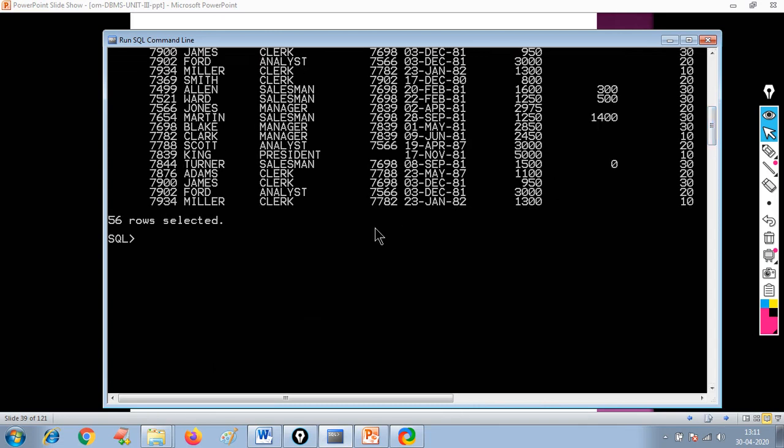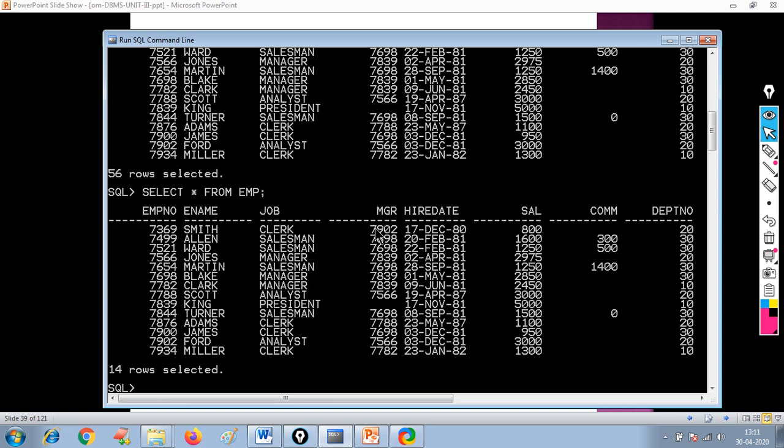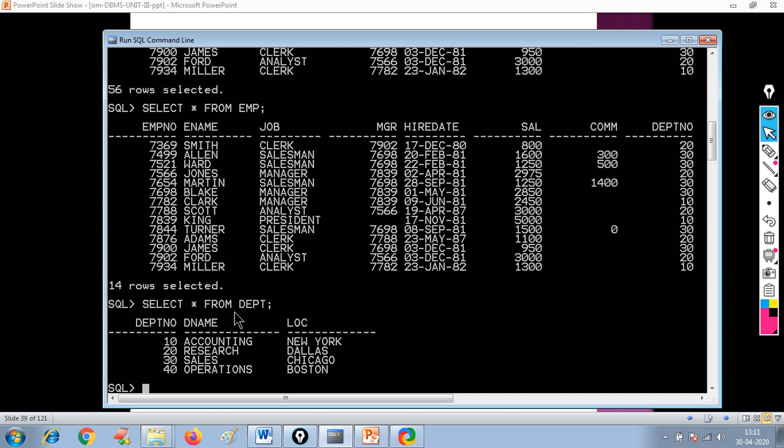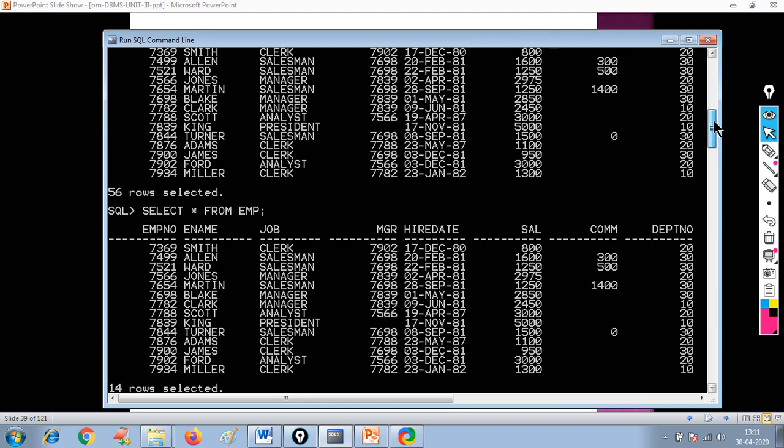So how many rows are there in the employee table? You can see select asterisk from emp, there are 14 rows. So I'll select asterisk from dept, there are 4. So 14 into 4, total 56. So in the Cartesian product you'll get total 56.